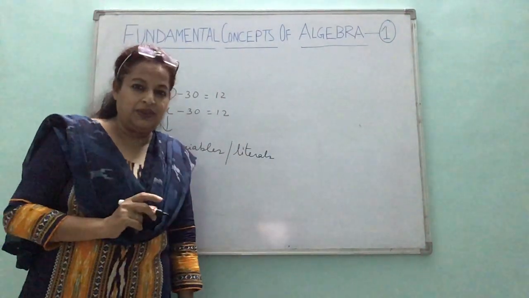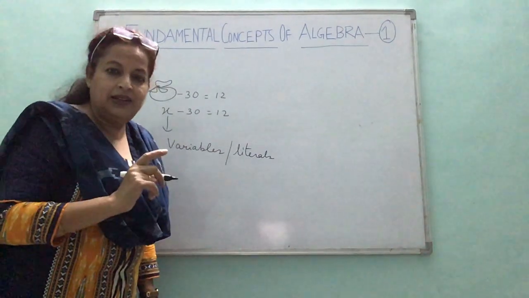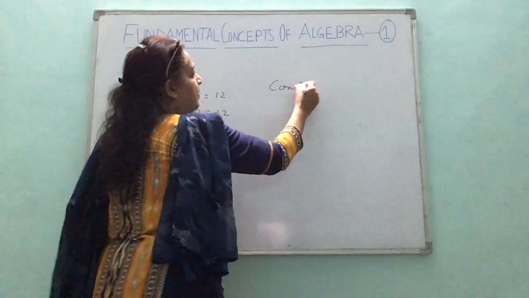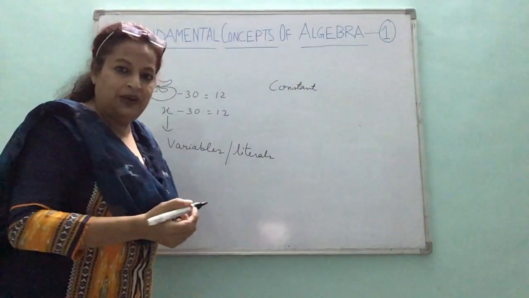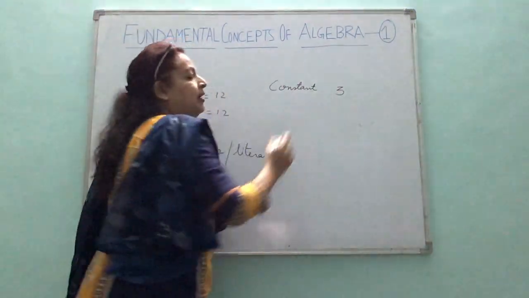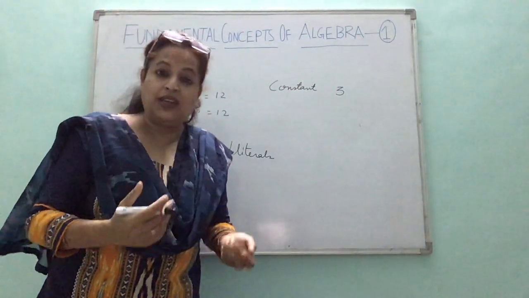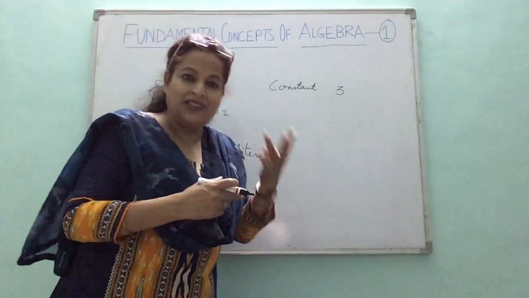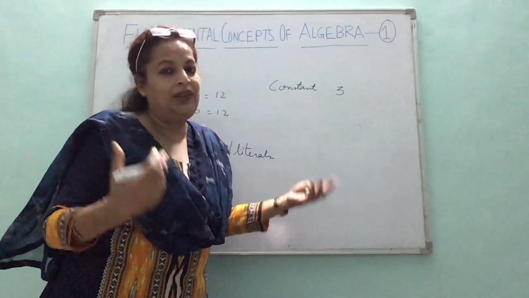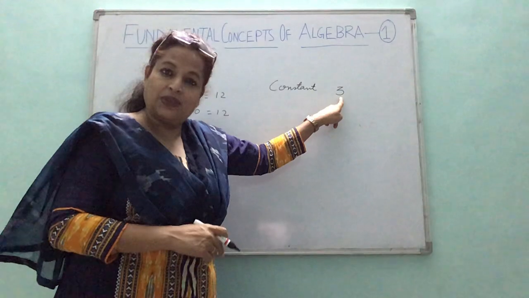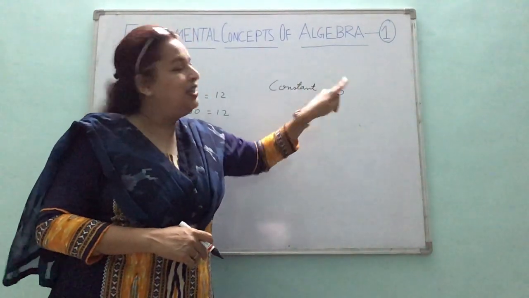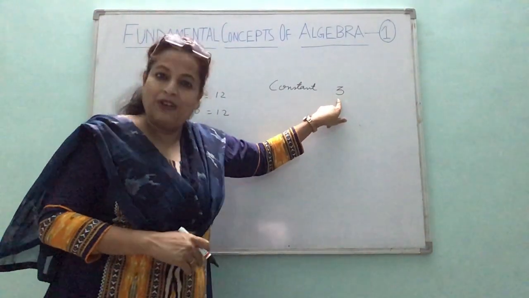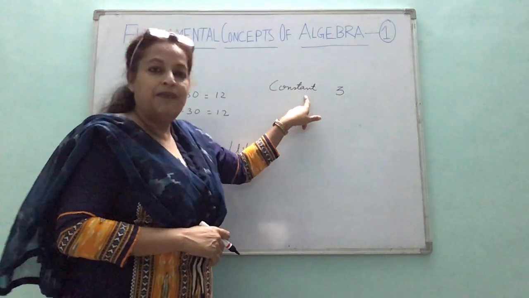Okay, there are two main terms which we will be using in this, that is variables and constants. Now what would be constant according to you? Something which is fixed. If I say 3 boys means 3 boys, 3 sweets means 3 sweets, 3 rooms means 3 rooms only, 3 mangoes means 3 mangoes only. So 3 is fixed, constant. In different situations, the value of 3 would not change. It would remain 3. So these numbers which have fixed values, which do not change, are known as constants.